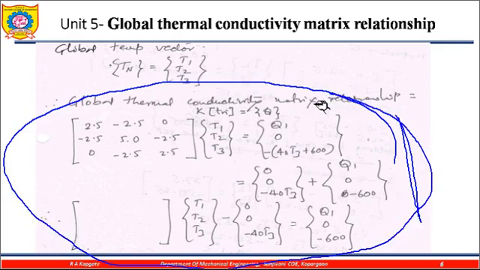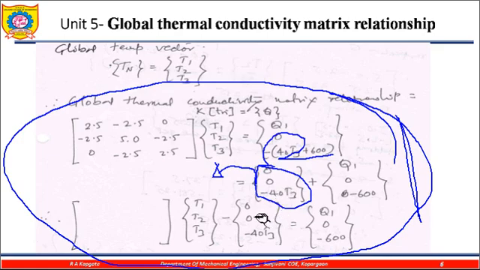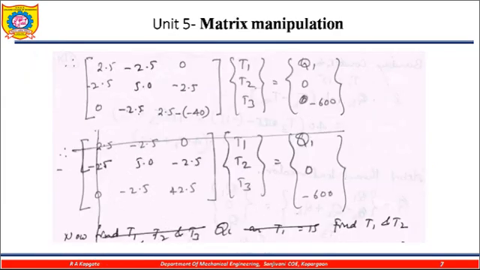See what we did here. This term we calculated by using convection. This 40 T3 I have taken away into this one. Then this term I am transferring to the right hand side with a sign, so this is minus 40 T3, and this term is kept as it is. Let us move to solve this one now.